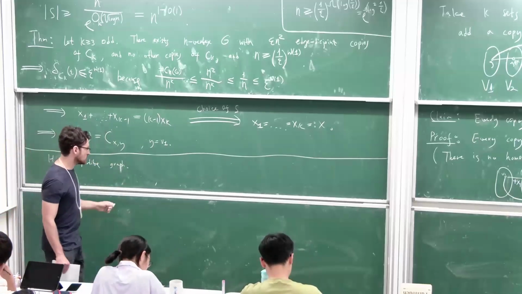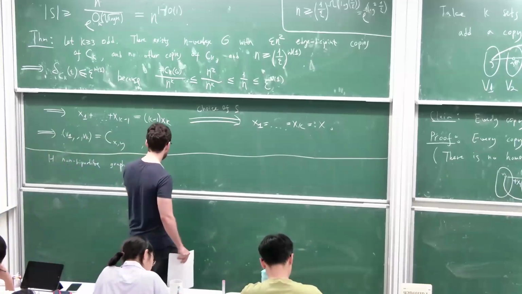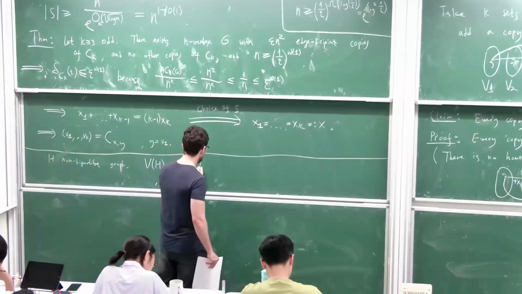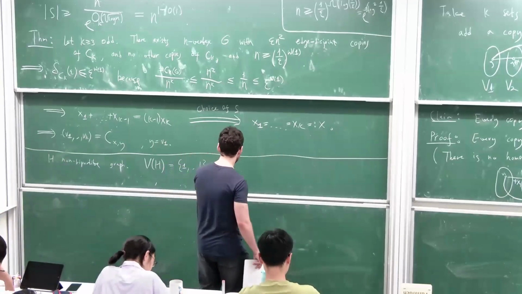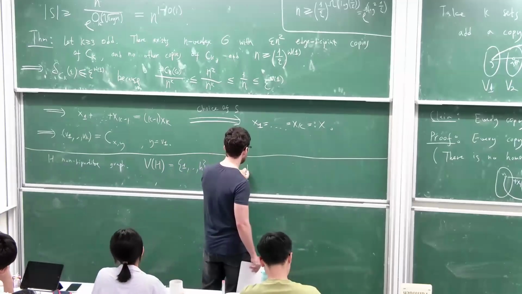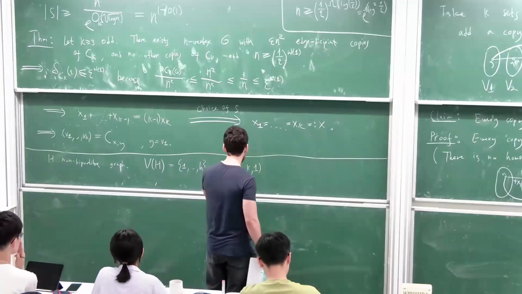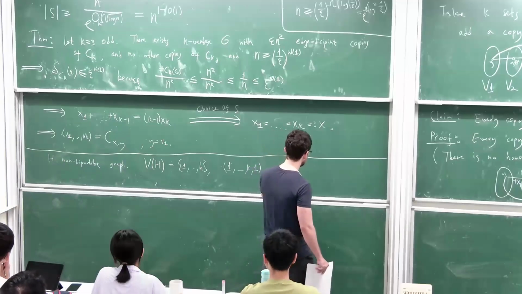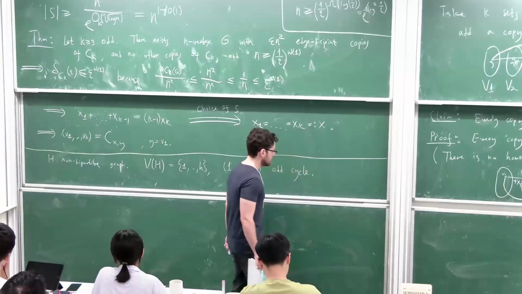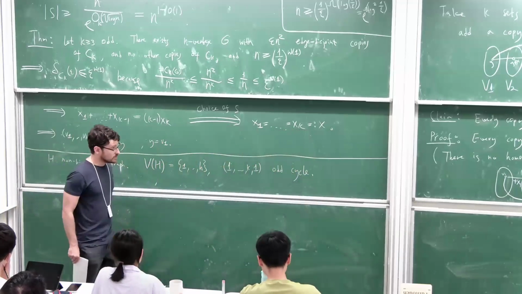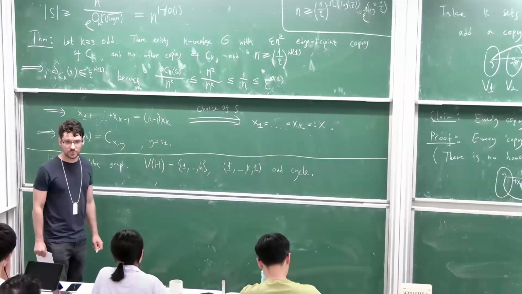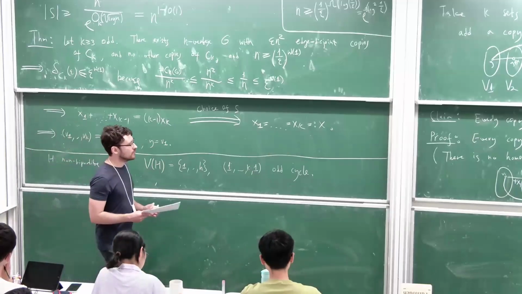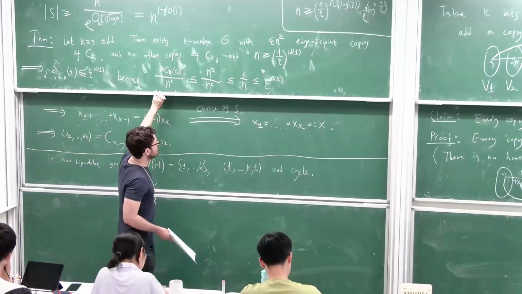So suppose that V of H is 1 up to h, and also that 1 up to k, and 1 is an odd cycle. Right. So we can try to do something similar to what we just did for odd cycles. Namely,